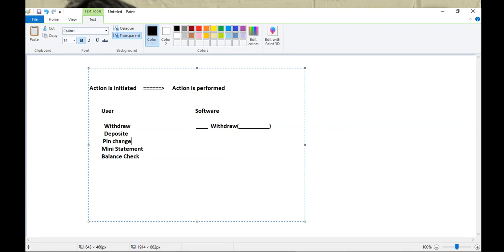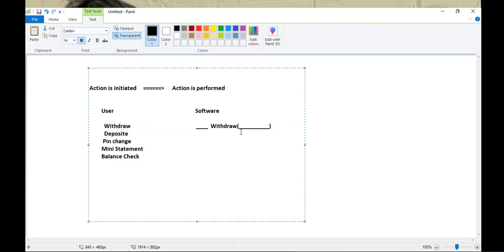So now the point here is the moment withdraw is initiated, this needs to be handled by the software. And the software is able to handle it if somebody tells it withdraw is initiated.